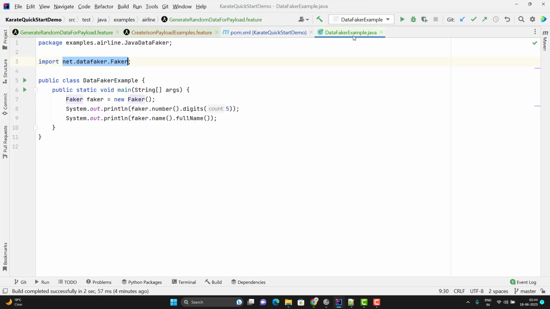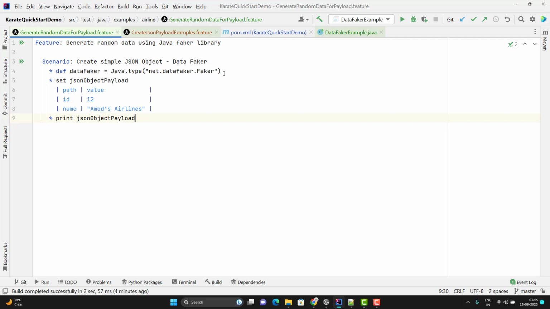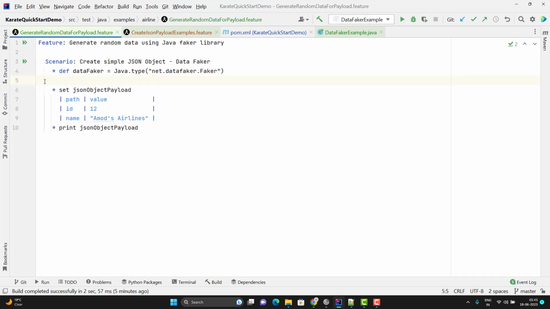Let's go to Java class again. Here we are creating an object of this faker class. So first thing we have already imported. Now I need to create an object of this. So to create the object of faker class, I need to use this, because this will represent now faker class. So if I want to create the object of faker class, then I have to use new Faker. But here I have imported the faker class into this variable. So I need to use new DataFaker. This is the variable name which we have given. And I need to store this object into a variable. Variable name you can give anything, but whatever variable name you are giving here, same thing you need to use here. After that, we can call the method.